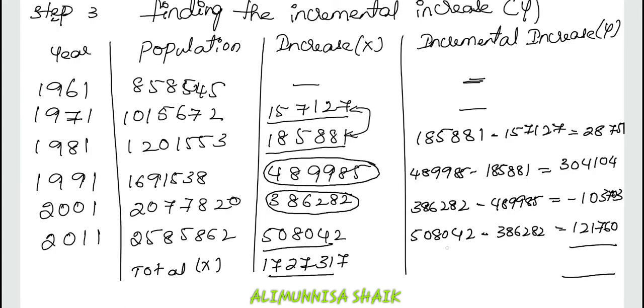Total x, and we will do a total y. Total y is equal to, we will be getting a value of 350915. So, this is the value of your total y. This is total y and total x. Now, we want to get an average value of x and y. So, what we will be doing to get the average value of x and y?